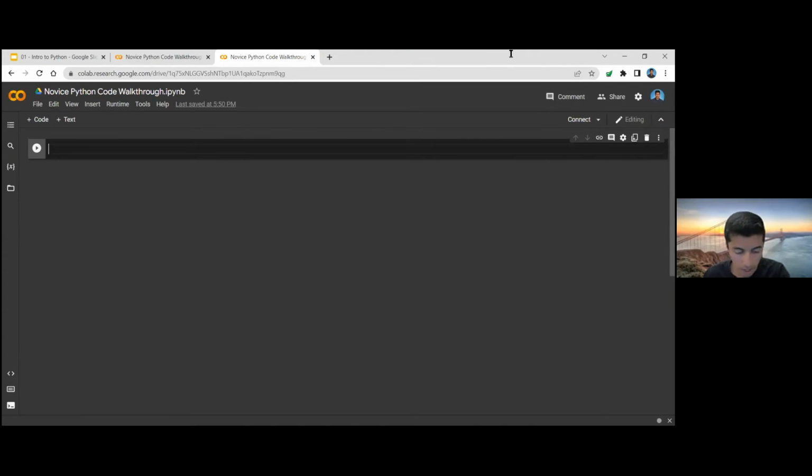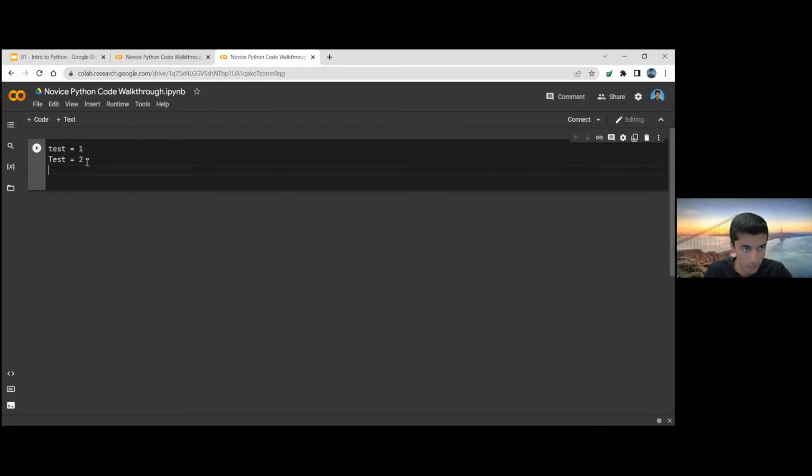And here, as you can see, it's empty, which is exactly what you want when you're first starting off. And as Sanjana mentioned, Python is a case-sensitive language. So first off, I'll just show you a simple example of that. Let's say we said that test equals 1, which is just an integer. And then we can also have a separate variable, capital T Test equals 1. And those two things are different. So let's say I wanted to print out, let's make this 2 actually, the lowercase test. It's going to print out 1 there, whereas if I printed out the capital T, it's going to print out 2. So we can simply show that real fast.